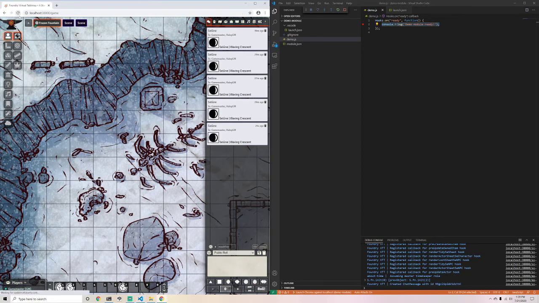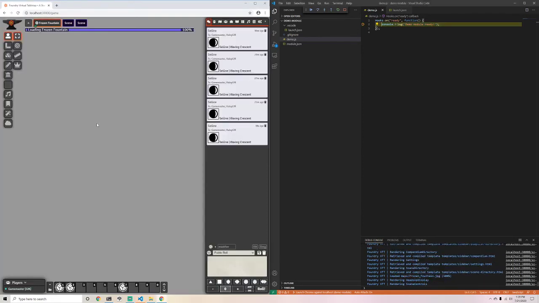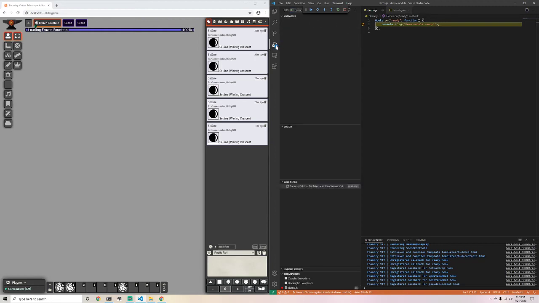get that to happen. So once we do that, you'll see this time Foundry has paused in its execution during the loading phase, or the ready phase. And in VS Code, you'll see this line is highlighted by yellow to indicate that it's hit this particular breakpoint we set. So now that script execution is paused at this point, we can go back to our debug tab,